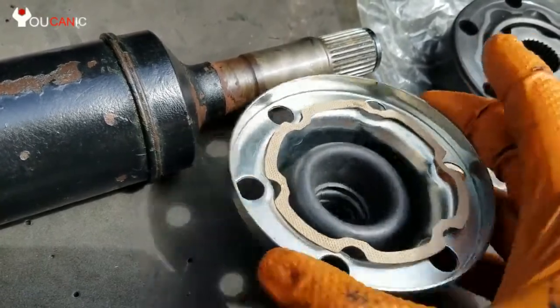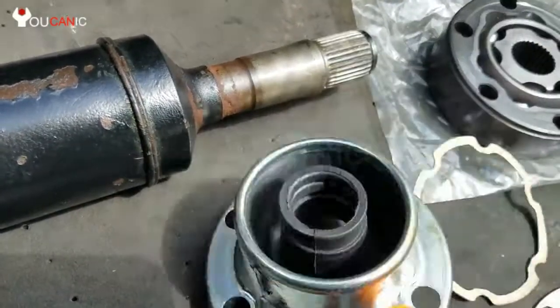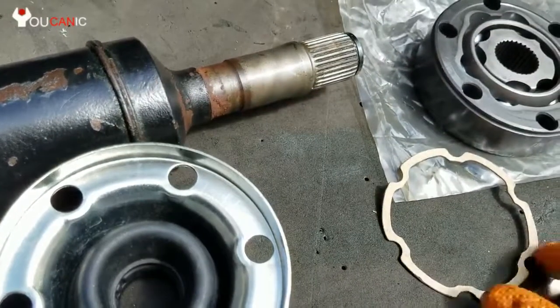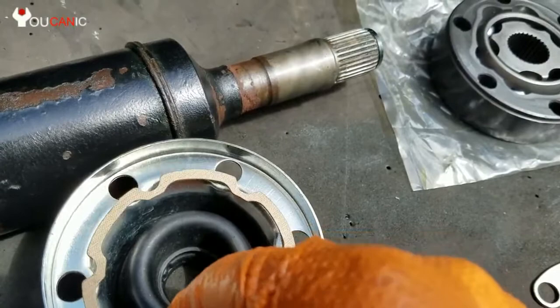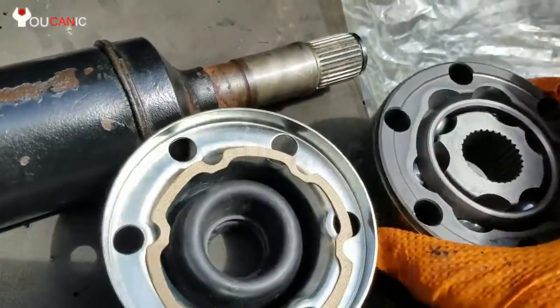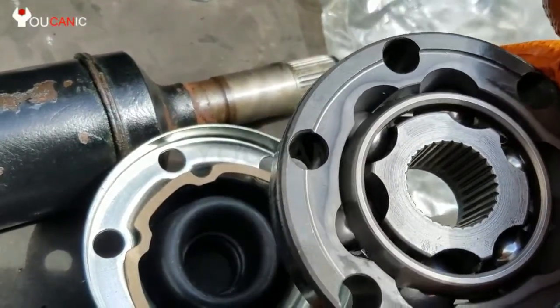Now to install it, we'll go ahead and slide this in. We do need to fasten it here. Once you do that, make sure you put this gasket in like so, and then you'll slide this in, but pay very careful attention to the old one that you removed,